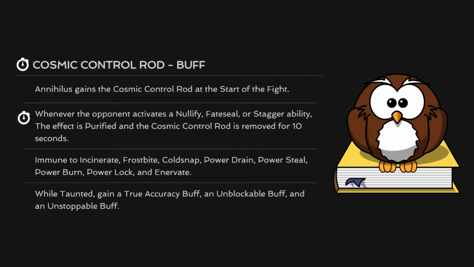Annihilus also has an interesting interaction with Taunt. When taunted, he will gain true accuracy, unblockable, and unstoppable buffs. This combination makes him a real menace against any champion that inflicts Taunt. Remember that Taunt is different to Infuriate, though their effects are similar, so do double check which your champions are